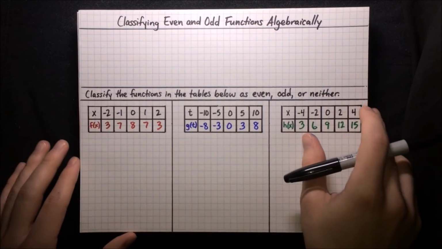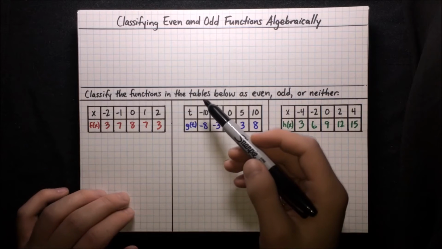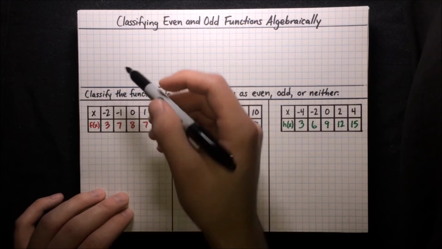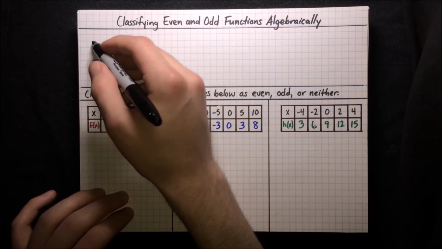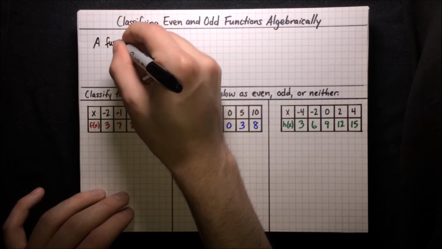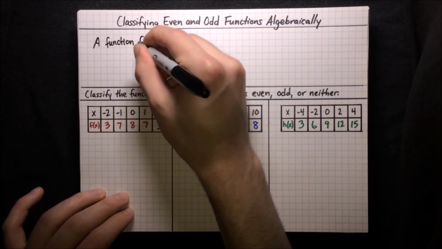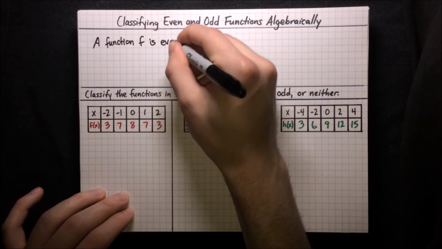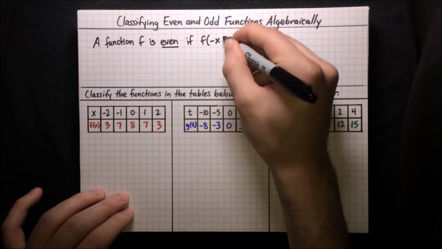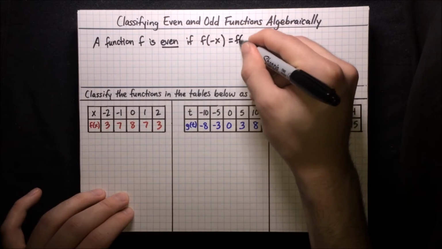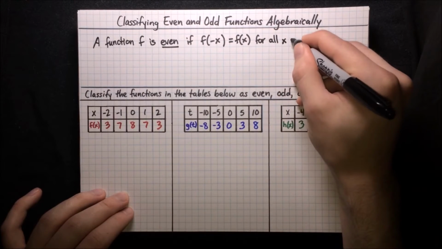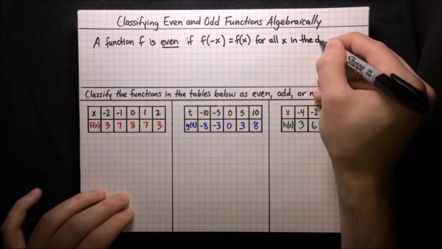Alright, next up, let's get some algebraic definitions for even and odd. These will be useful in case we don't know what a function's graph looks like. Maybe we're just given the values of the functions in these tables. So here's the definition of an even function. A function f is even if f of -x equals f of x for all x in the domain